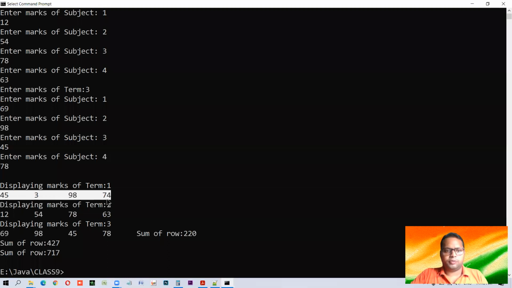Now you can do anything. If you wanted to display sum after this, like here, if you wanted the sum, then also you could have done it, but I'm doing it the other way. So the sum of row 1 is this, sum of row 2 is this, and sum of row 3 is this. Sum is starting from here. We could have done